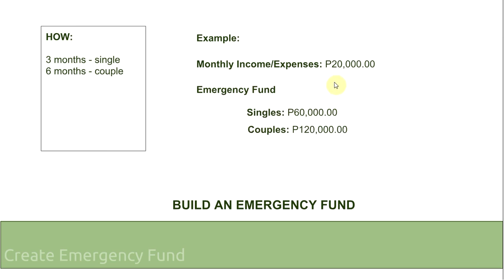60. Okay? So, 20,000 yung monthly expenses. So, for single, that's 3 months. So, 20 times 3, that's 60,000. This is yung full emergency funds. Okay? And then for couples, 20,000 times 6, that's 120,000 emergency funds. Okay? So now, you might be shocked. Wow, ang laki. Actually, that's very tough. Okay? So actually, totoo nga it's very tough.